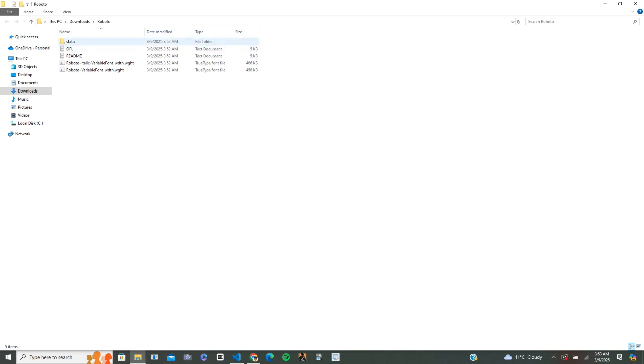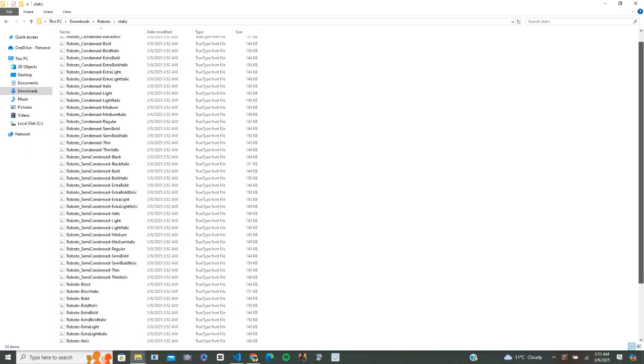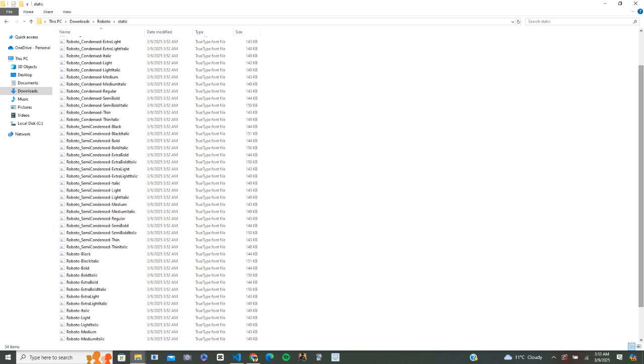Here we click on the static folder. We have different font styles of Roboto. We'll be using the regular. So here is the regular. You can see here it is a TrueType font file. To convert it from TrueType font file